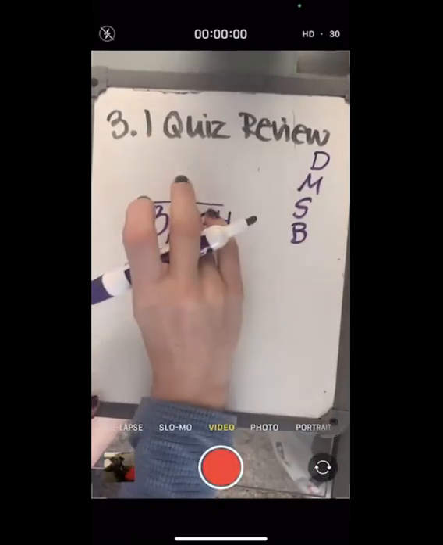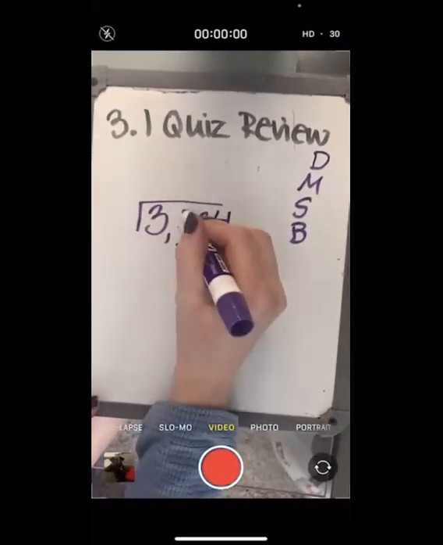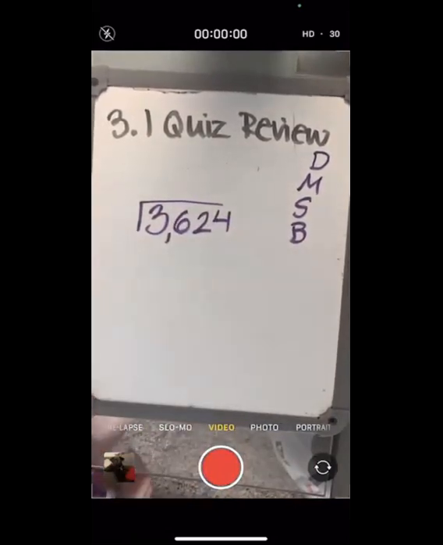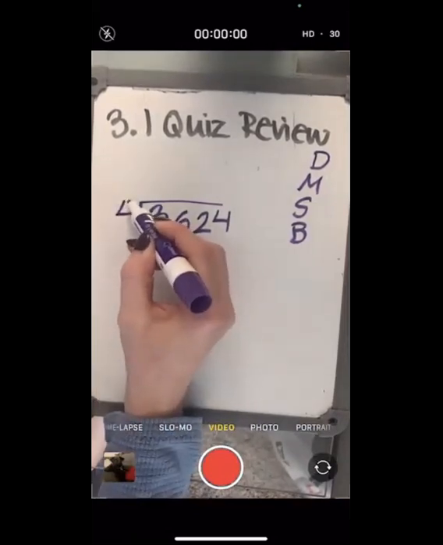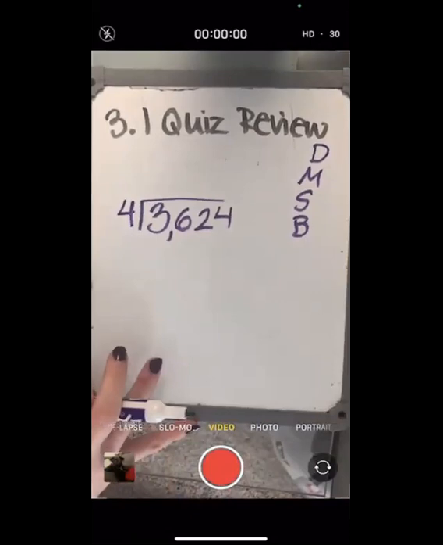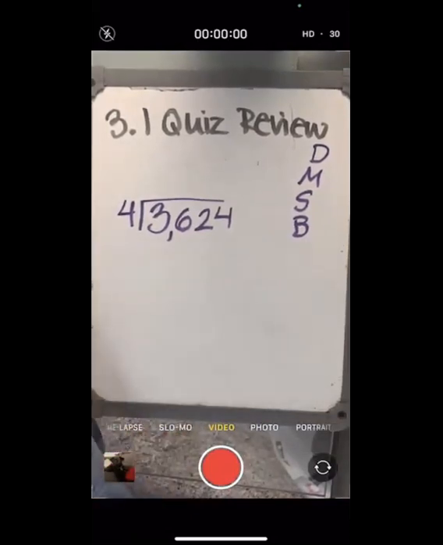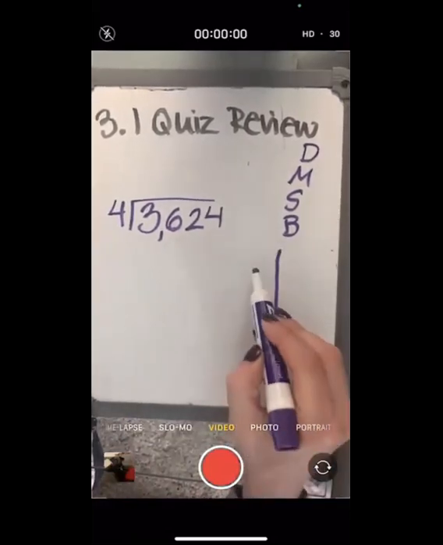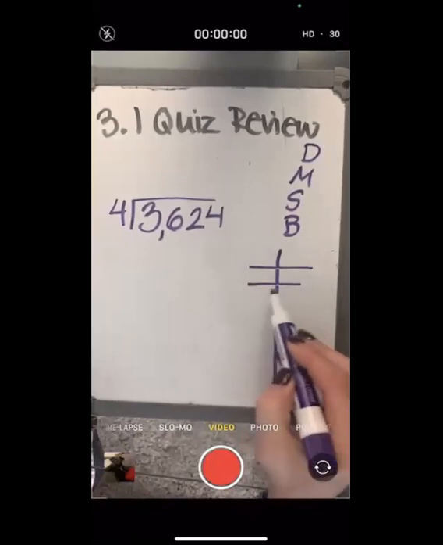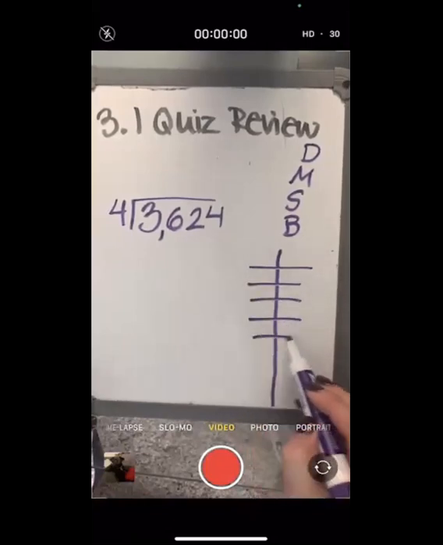3,624. The 6 looks a little funny. Divided by, let's do 4. So what I want you guys to do before you even start, before anyone does anything, I want all of you to make a quick ratio table with your 4s. So before you even get started,